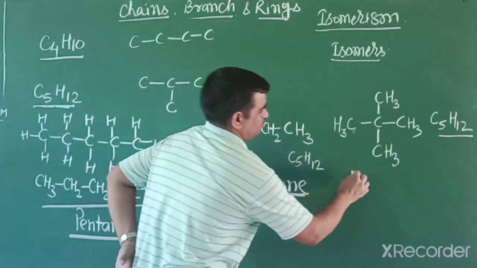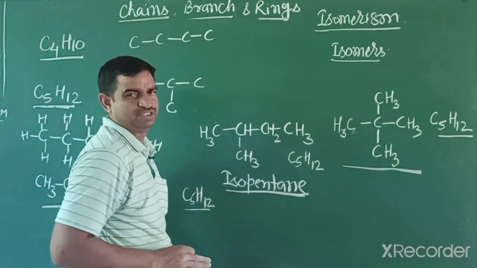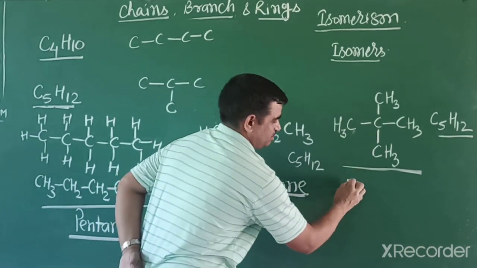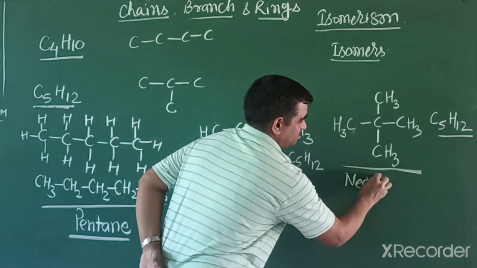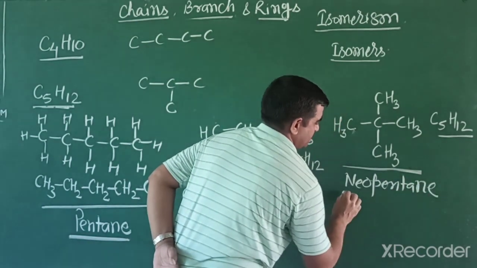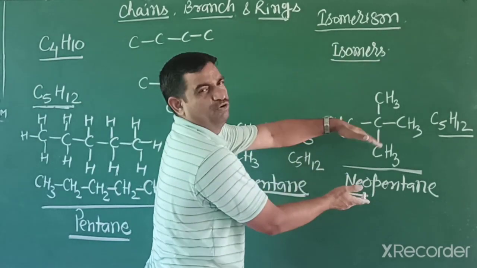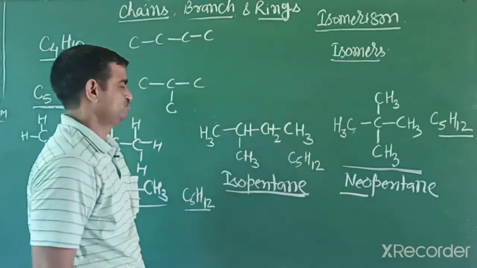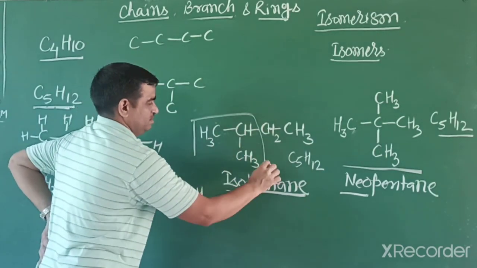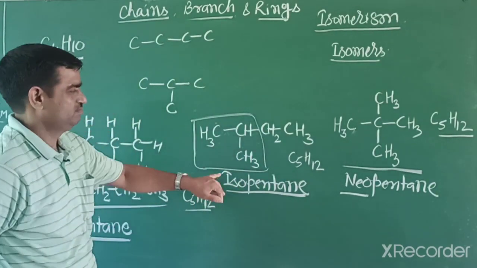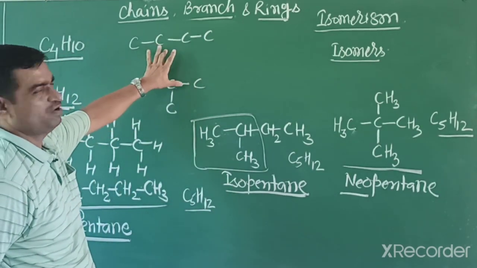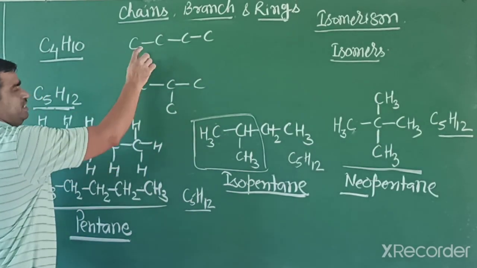The compounds having the same molecular formula but different structure, and these compounds have some properties slightly different. So, what is the name of this compound? Its IUPAC name we write later on, and its common name is neopentane. We write the word neo when both sides have 2 carbon as substituent. Iso we write for a situation like this. If any compound has such type of group, we write iso. So in this way we can write the common names of these compounds.